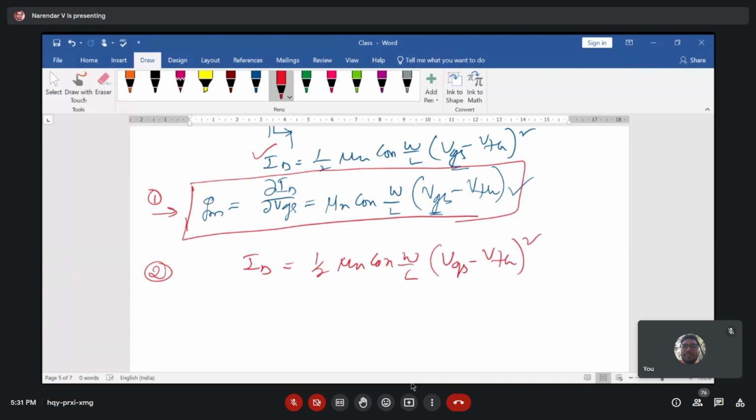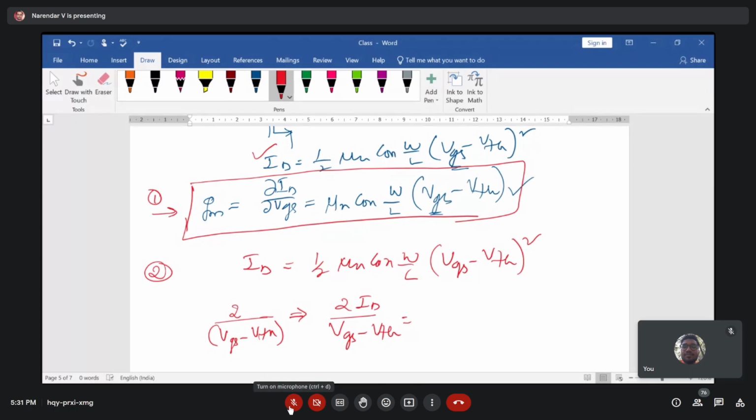On both sides, I multiply with 2 by (VGS minus VTH), then what we get is 2 times ID over (VGS minus VTH), which is equivalent to,